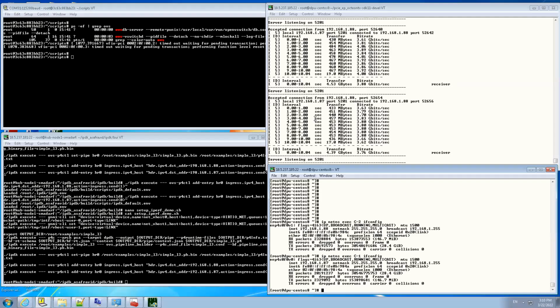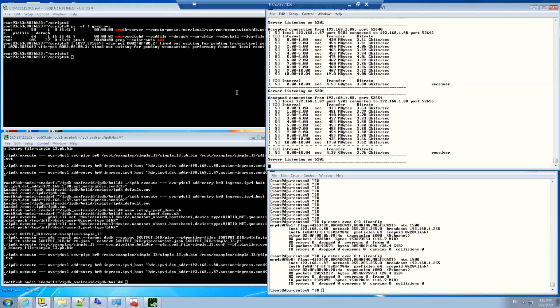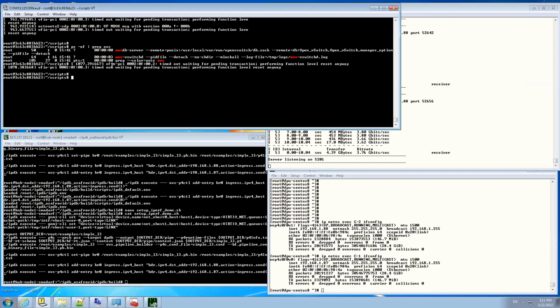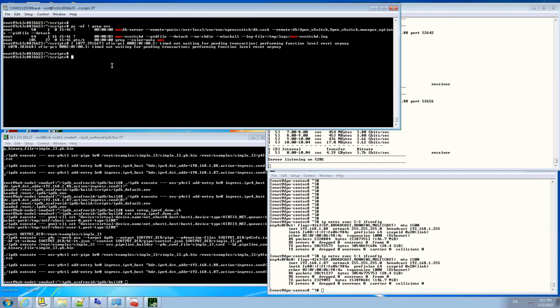So here we have a remote machine that we use in order to test our setups, our hardware. What we can see here on the left-hand top side is the IPDK container running the OVS, the P4-OVS. It was built on the ARM architecture, as was described previously. Here we have another console, a direct serial connection to the board, and here we have an SSH connection to the same board